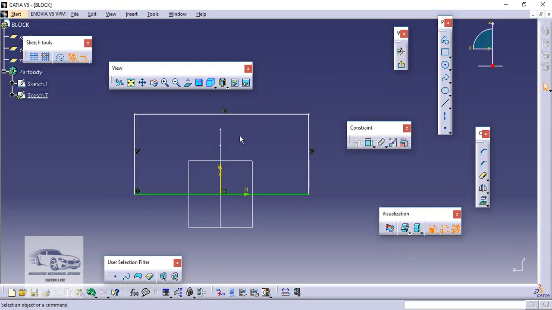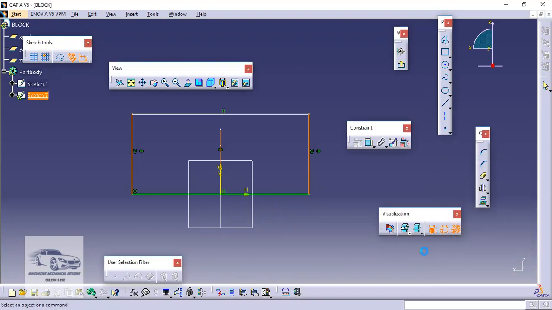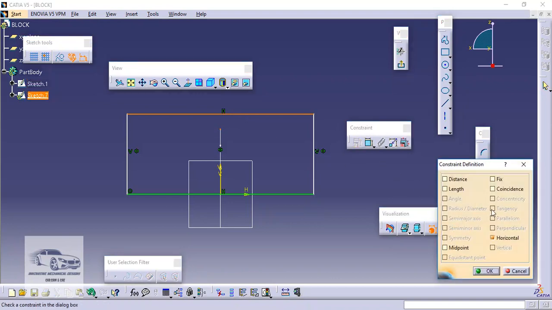Now again first step we will take is to make these two lines symmetric. So we will select the two lines and then select the center axis, and then here I will select the symmetry condition. Again this line is properly coincident, no need to edit it, and for the top line we will make it coincident so that the total height of 80 is maintained.